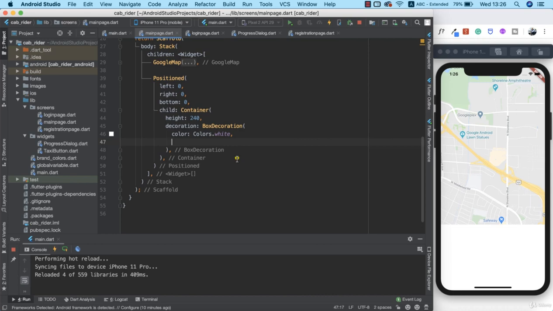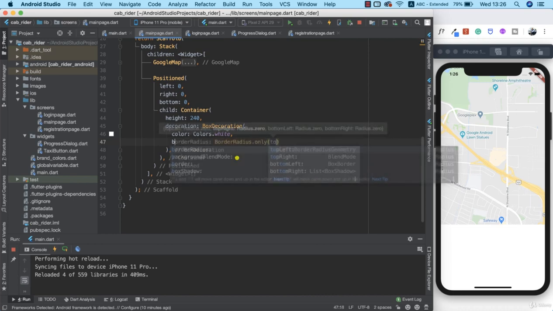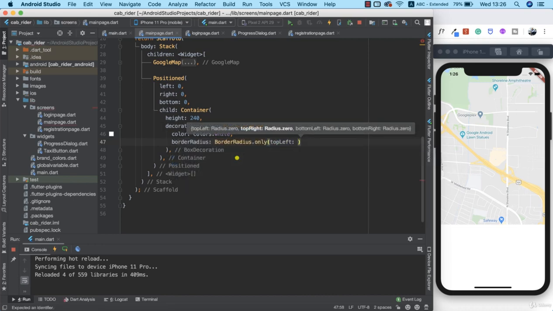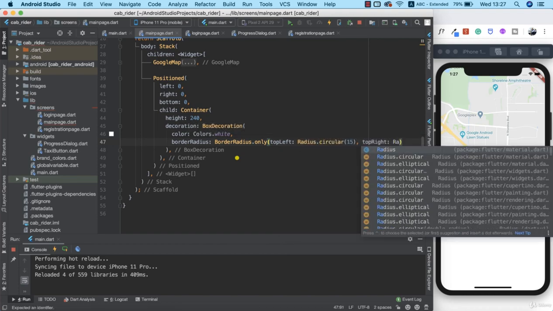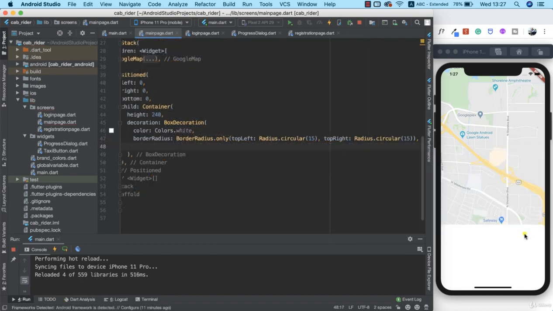Now the next thing we need to add will be a border radius. So the top left is going to receive a radius of 15, and the top right will receive the radius of 15 as well. Now we can see that our container has a rounded edge at the top left and top right corners. Now the next thing we need to add will be some shadow, to kind of separate the